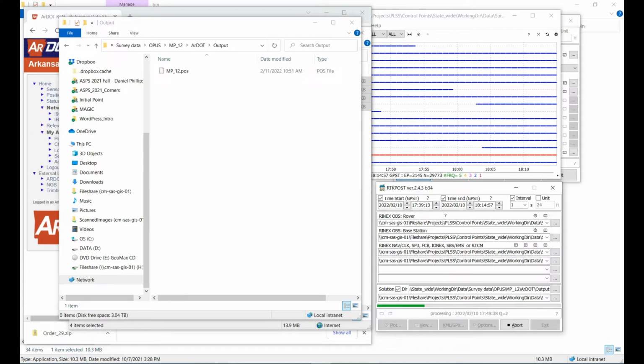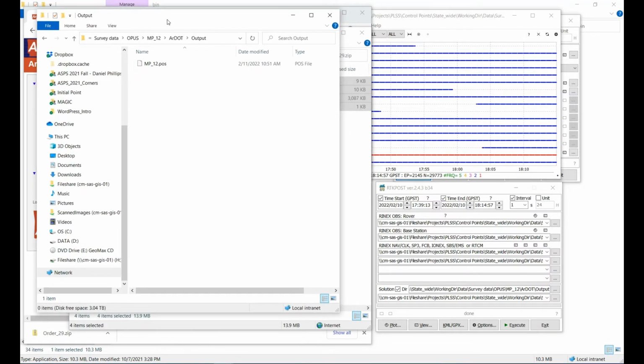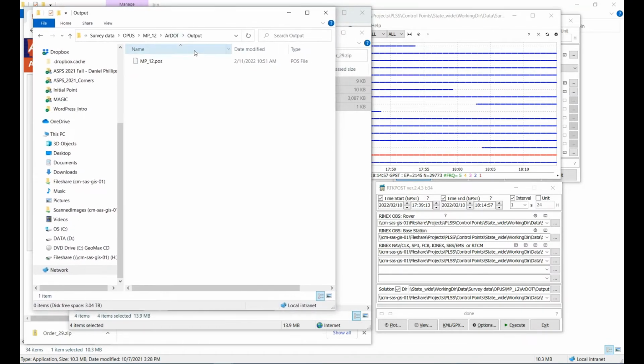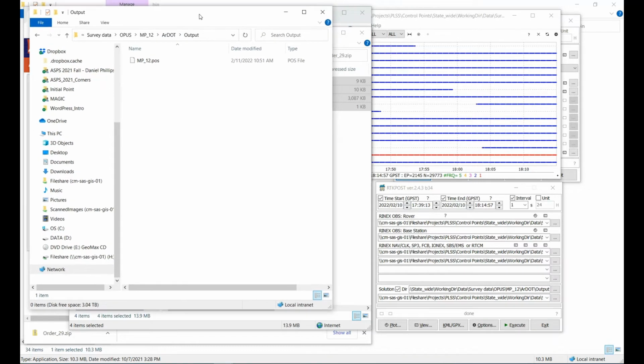So it takes a little while, especially with those 1 second intervals. Okay, so it's done. So this is now the position file. Now what I do here, I've done that. You can obtain the position several different ways. This is just a text file. You can pull up a big long text file with all the lat and longs and find an average. But